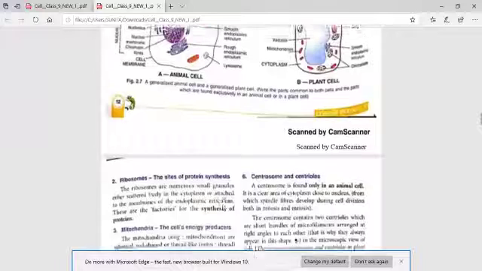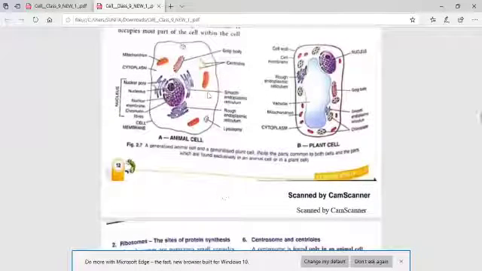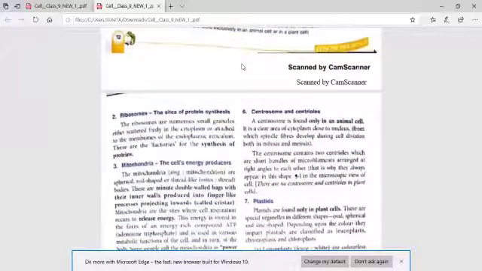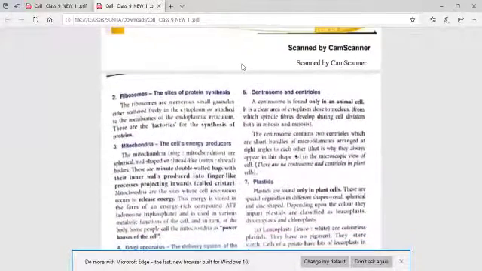Next portion, coming to the next part. We will discuss the centriole. Centriole is an organelle which is present only in animal cell. It is absent in the case of a plant cell. Now, what is the function of the centriole? Centriole, actually we call it a centrosome, which is a paired structure, and that structure we call a centriole. Centriole helps in the formation of spindle fibers, which help in cell division. We all know one cell divides into two daughter cells because of the presence of the centrosome, or we can say centriole in the case of an animal cell.